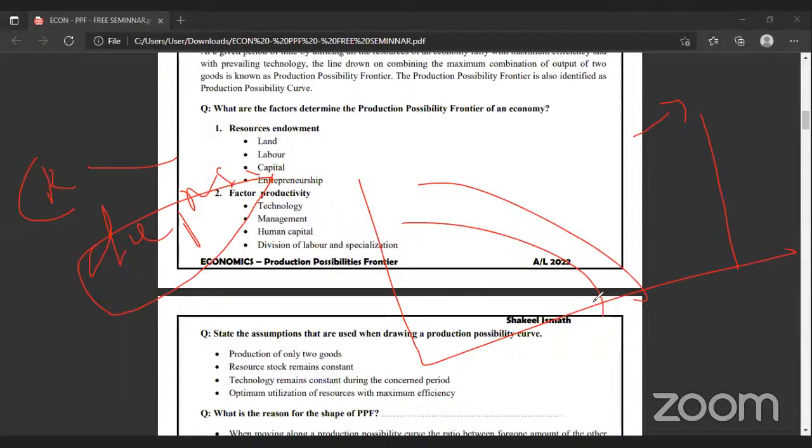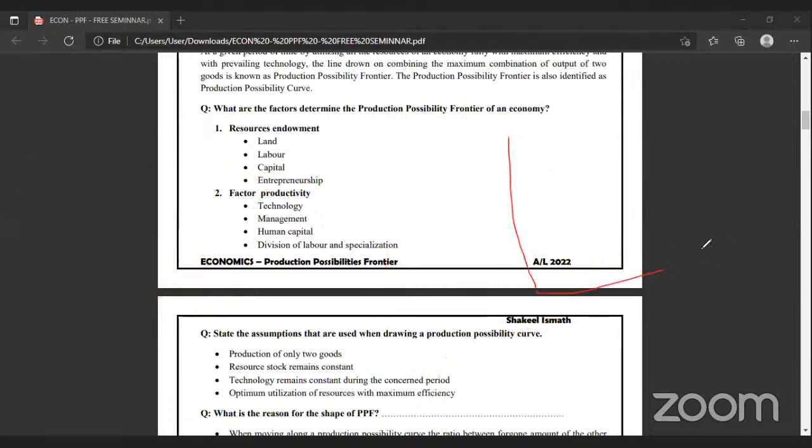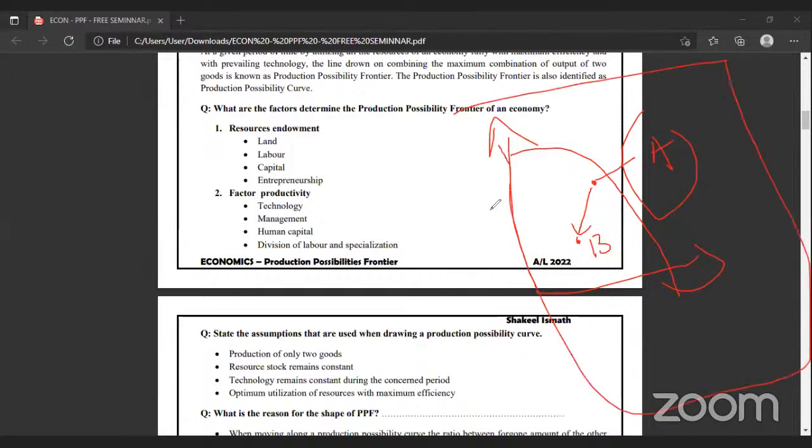If after 5 years in Sri Lanka the COVID-19 still exists, definitely the PPC will shift, because many people will die and businesses will shut down. But at this moment, we don't say that we are producing at the optimum. Say, for example, before COVID-19 came, our production point was A. Now it will move further inside, because this is the PPC situation in Sri Lanka during this pandemic. This is a temporary situation. So when we recover, this point will go back to here, or else it will move further. Got it? It won't shift.